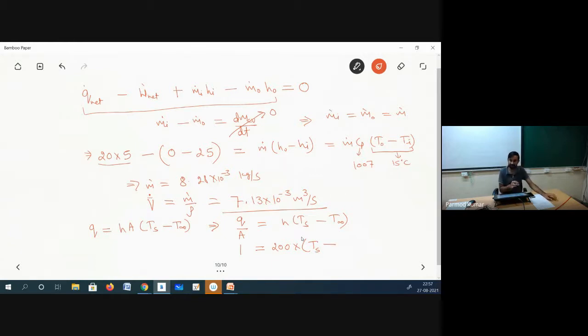because it is located at the bottom of the PCB. So at the bottom of the PCB, air is coming at 20 degrees Celsius. So I can simply write Ts minus 20 over here. If you solve this equation, you will find Ts to be equal to 70 degrees Celsius. Okay, so is this question clear? Is it clear to everyone, or any doubt?